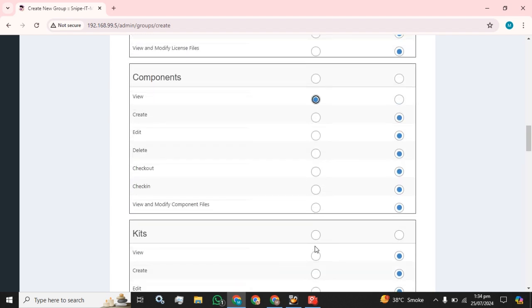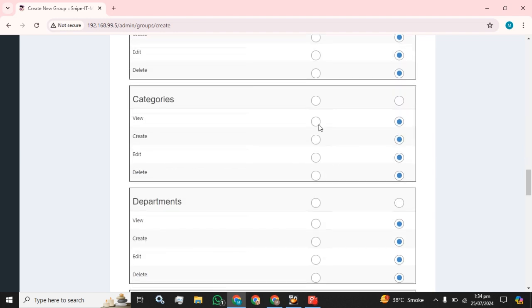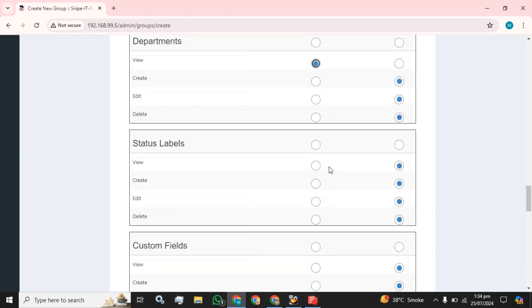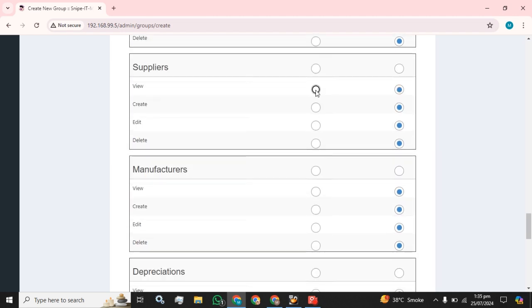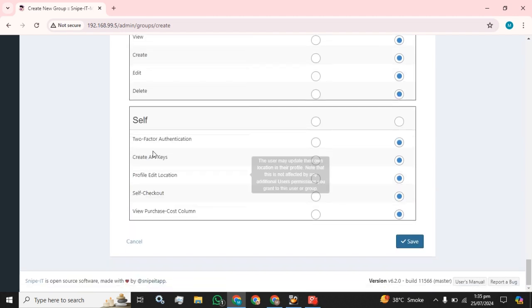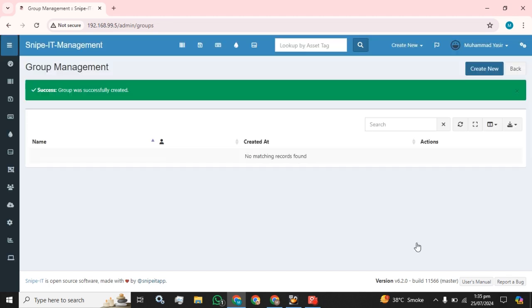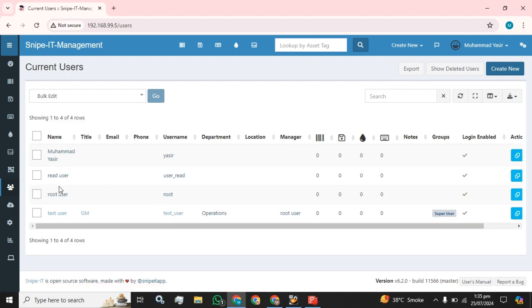Same in every option, if you want this user to view all the inventory or the assets available in your server. You don't want to show him the location, nor the companies, nor the self authentication, and click on this save button. Now I am going to assign these permissions to the user.